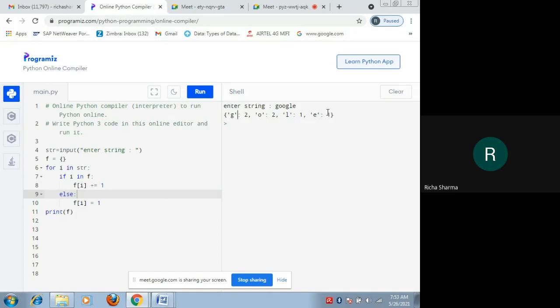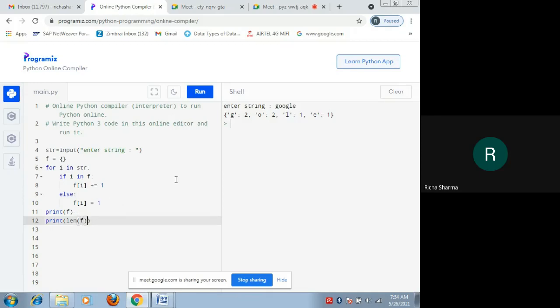So you can also print the length of this dictionary. Suppose print, just a second, length of f.